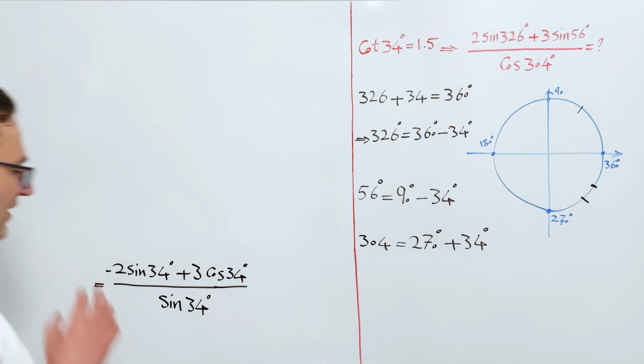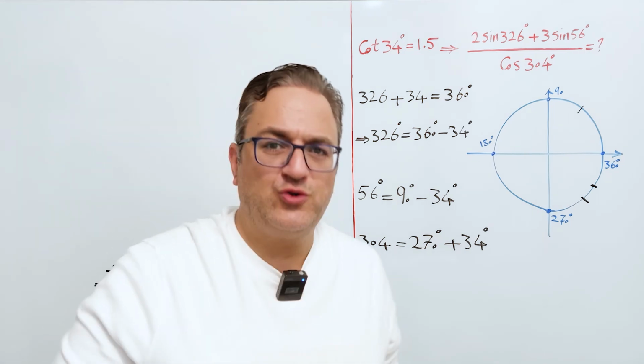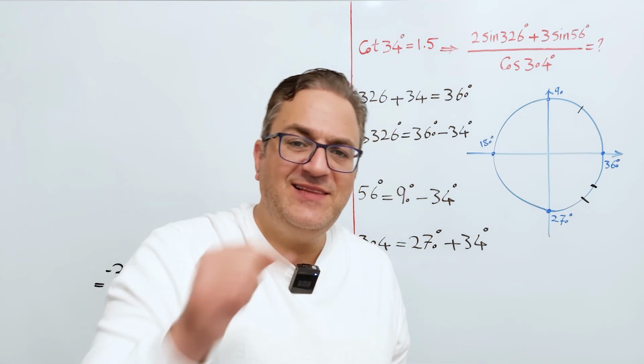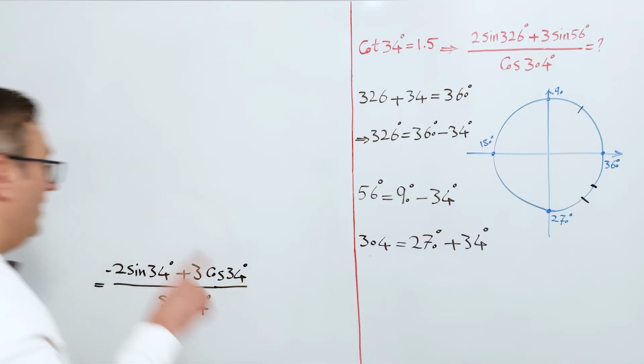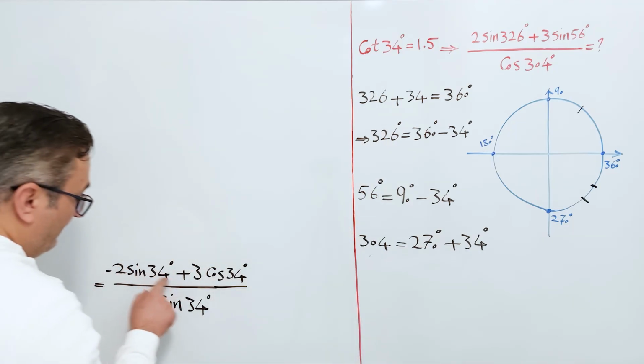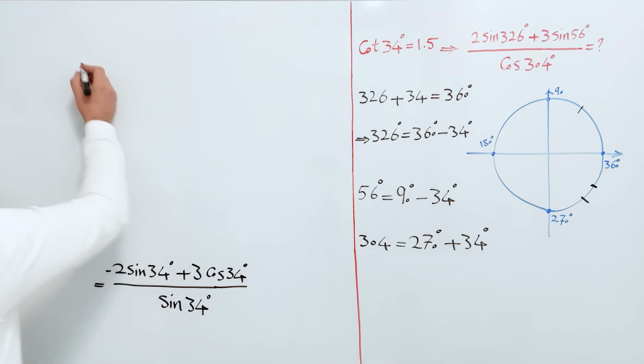Okay, so if we divide both the numerator and the denominator by sine of 34 degrees, we have